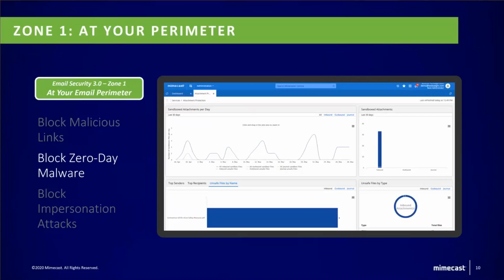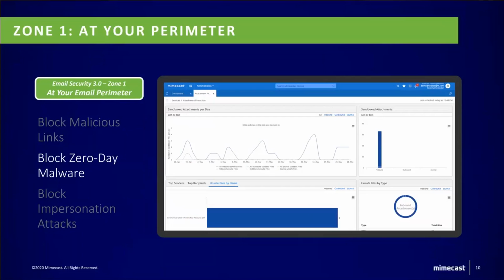With attachments, this is generally where ransomware happens. A typical example could be, you get an email that looks like a purchase order from one of your vendors. When you click on the purchase order or the attachment, it encrypts some files on your machine. Next thing you know, you get another email saying, we have your files, please pay X amount of Bitcoin in order to release these files. This is where Mimecast will come in, because we would sandbox every single one of these attachments.